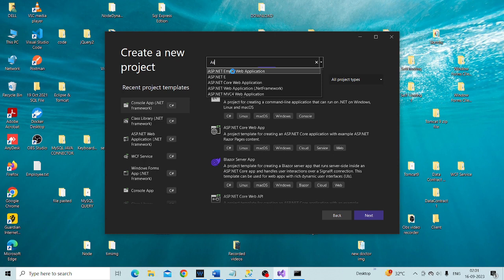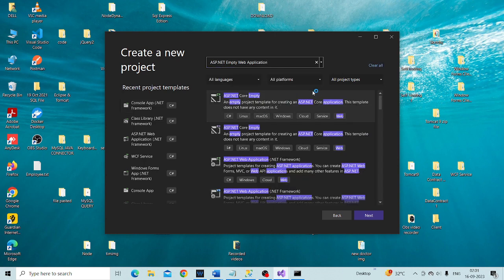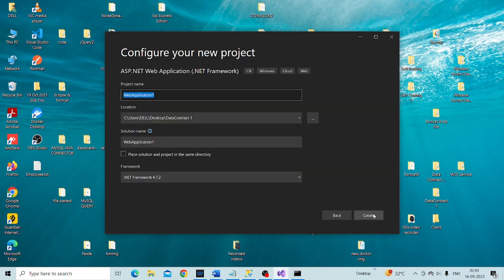Now here we need to click this template, ASP.NET Web Application (.NET Framework). Click it here, next,